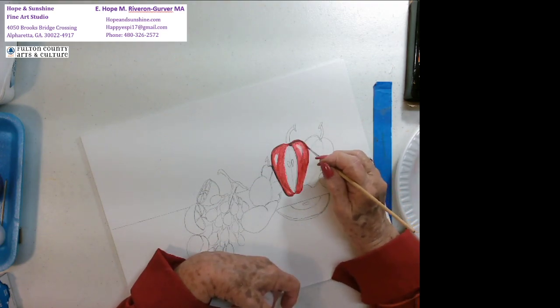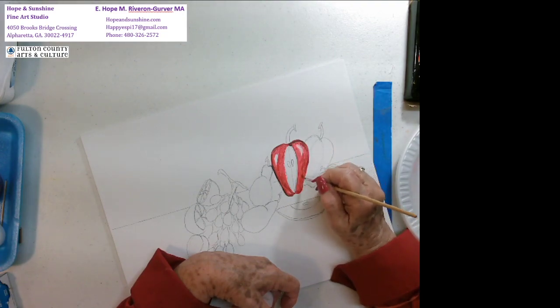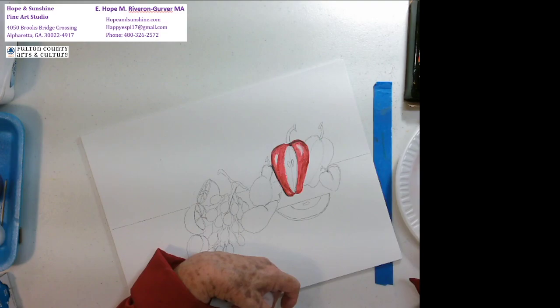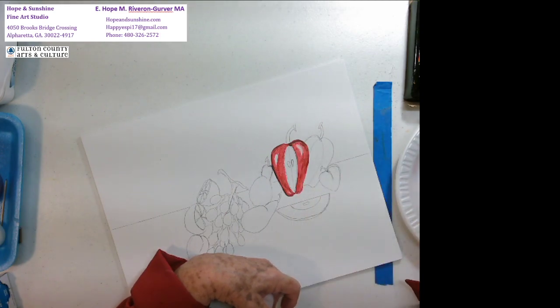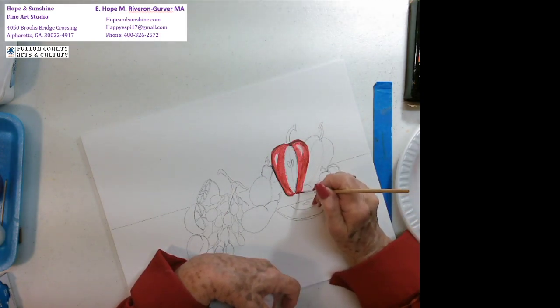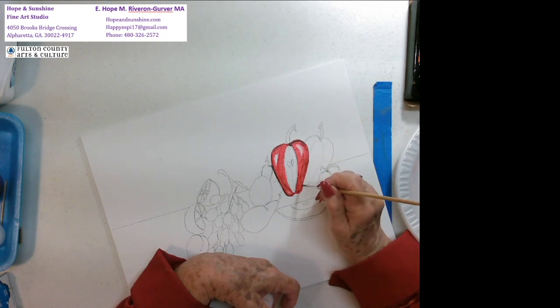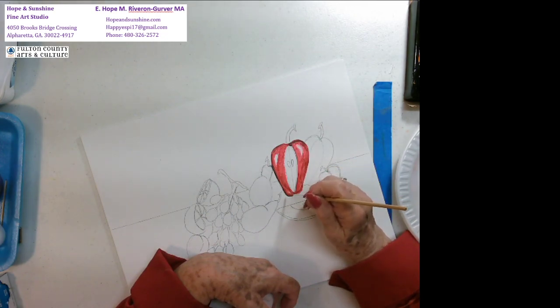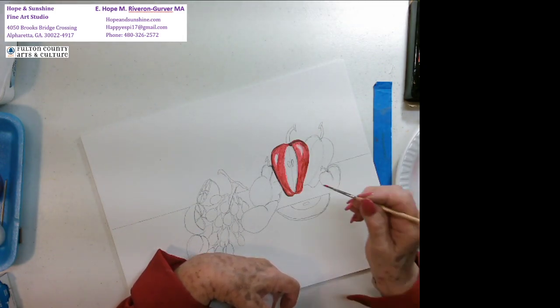And I don't know about you, but when I'm painting an apple, I am also in my imagination having an apple. I don't know if you do this, but when I eat an apple, I enjoy the aroma of the apple when I cut it. I enjoy the taste, and I enjoy the flavor. And different varieties of apples have different flavors. A Fuji apple doesn't taste the same as, I would say,